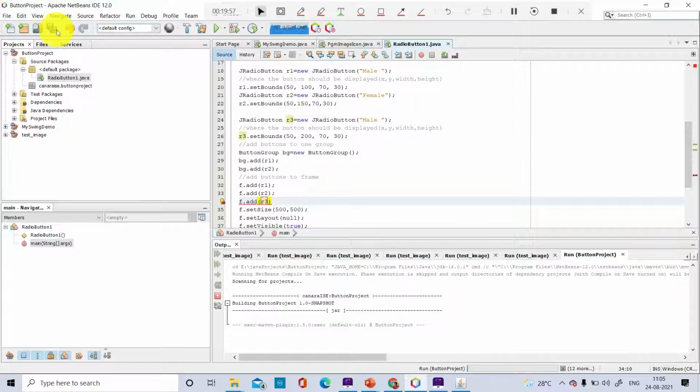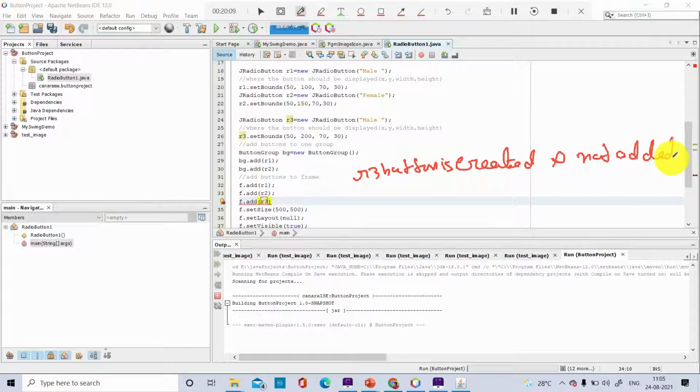So what I've done now is that the R3 button is created and not added to the button group, but added to the frame.